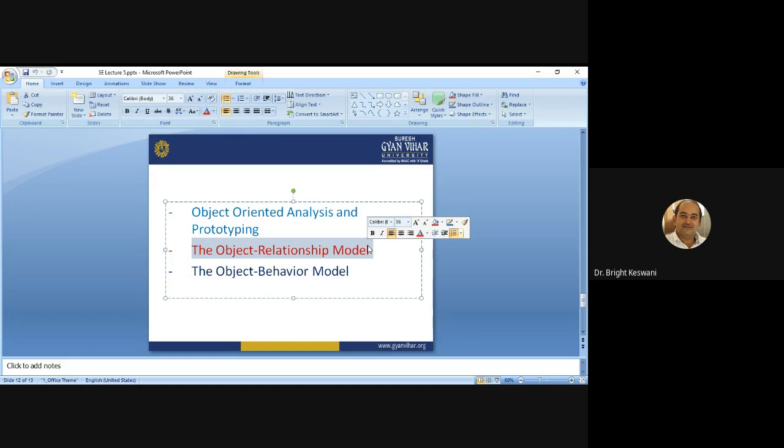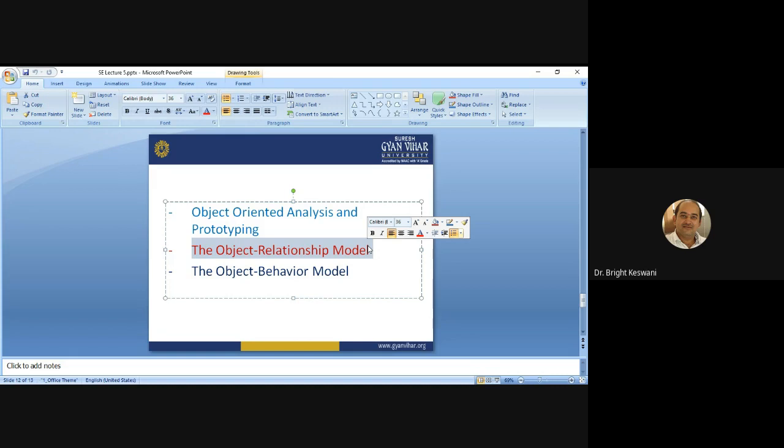A relationship exists between any two classes that are connected, and it is established in the object relationship model. The most common relationship is the binary relationship, and scientists suggested that the relationship model can be derived in three steps. The first step, as I said earlier, is to use the CRC index cards.